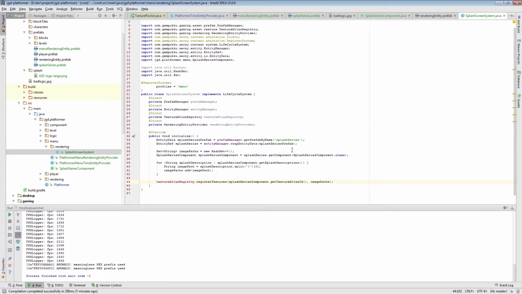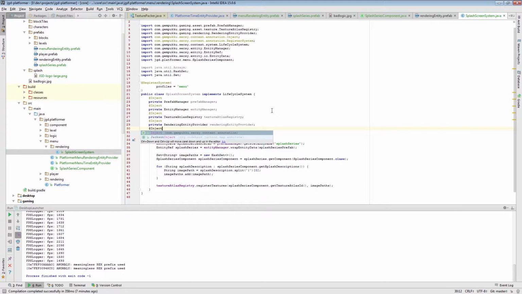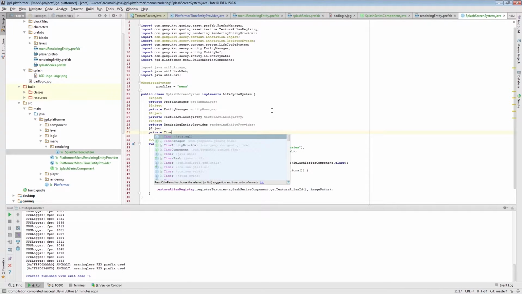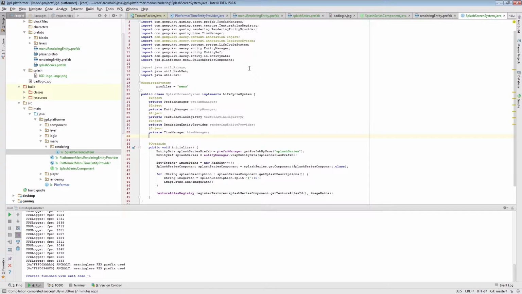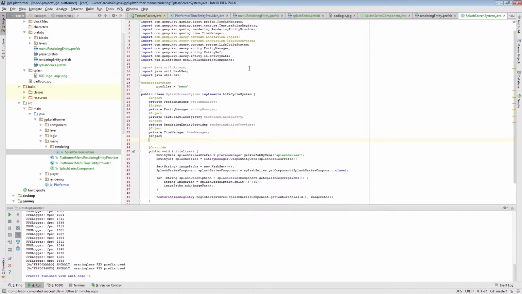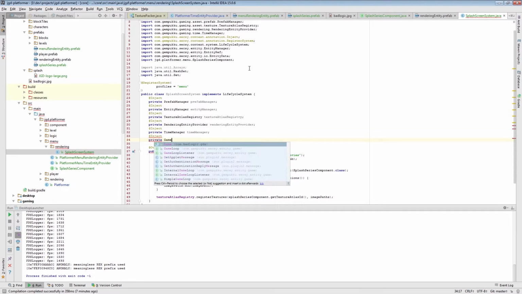And so we'll also need a time manager, and we'll be doing an update. So during update we'll be switching the images between first and second and setting the first one as well. So we will have here a game loop,